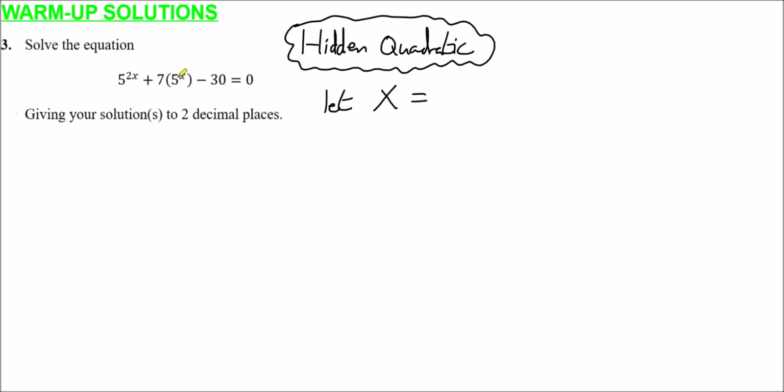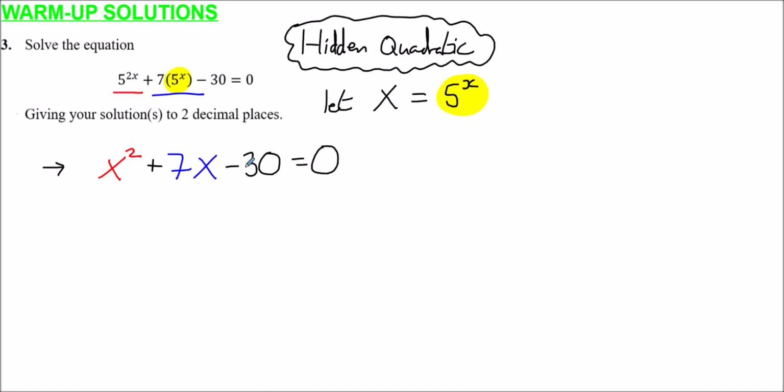So let big X equal 5 to the x. What that gives us here is 5 to the power 2x is 5 to the x all squared. So this thing here is actually big X squared. This thing in the middle is 7 lots of big X, and minus 30